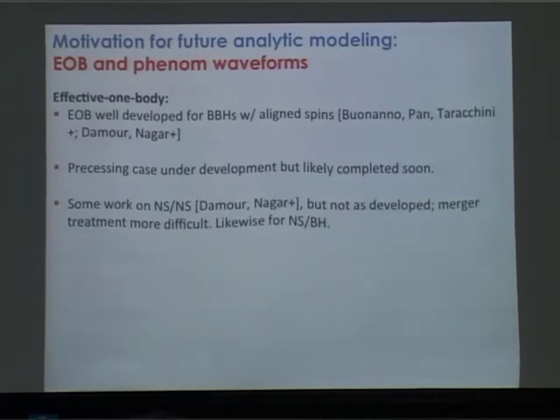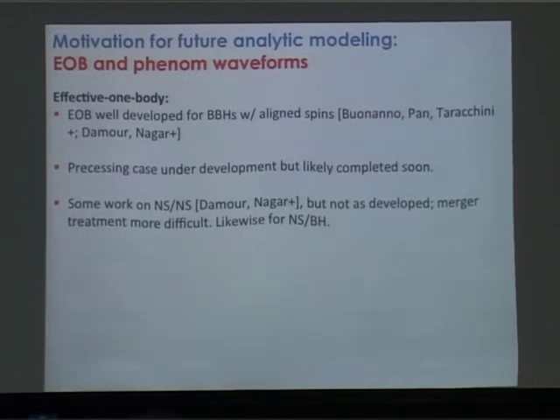For the effective one-body approach, this is pretty much well developed now, I would say, for aligned spins. The precessing case is not quite fully developed, but I think it's approaching it. It's almost there, I would say. Yeah, right, okay. So probably in the next few days, we'll see some new developments on that. Also, incorporating neutron stars into this effective one-body approach, work has been done on this, but I think that probably can be developed a little bit further. And likewise for neutron star black hole binaries, I don't think that's really been developed very well in this effective one-body approach.